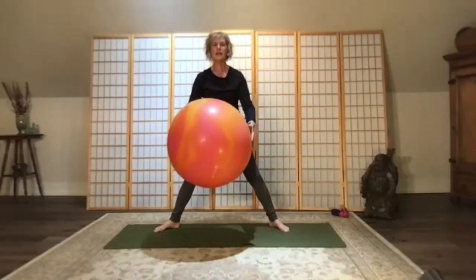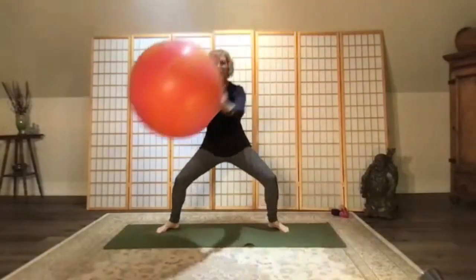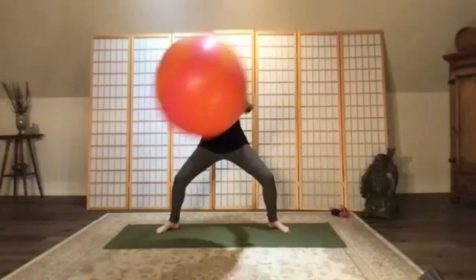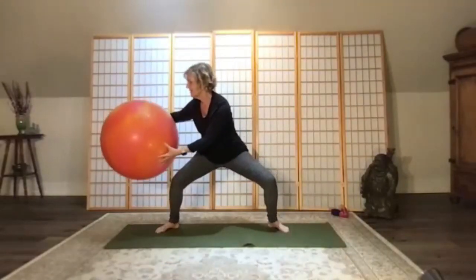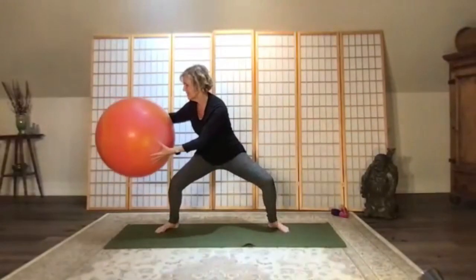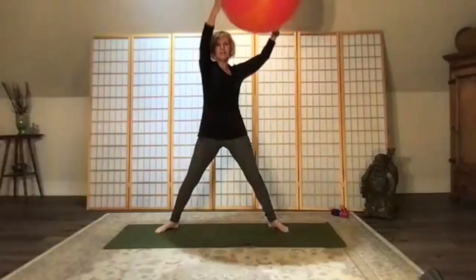Now you're going to take the arm, you're going to go diagonally. So you're going to reach the arm up and down to the side. So we're going to go up for 8 and down. Here's 7 and down. Here's 6 and down. 5 and down. Good. 4 and down. Here's 3. Good. 2